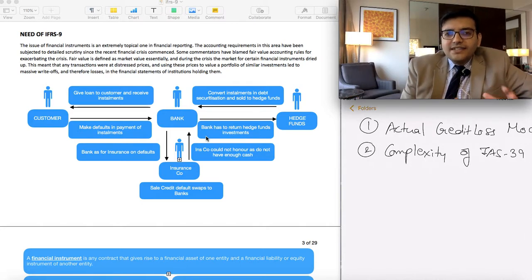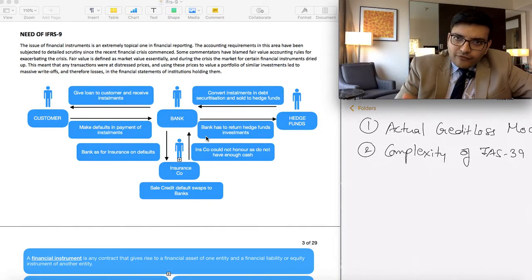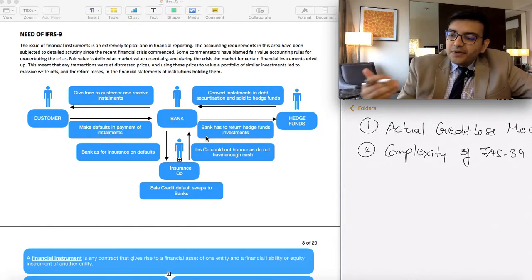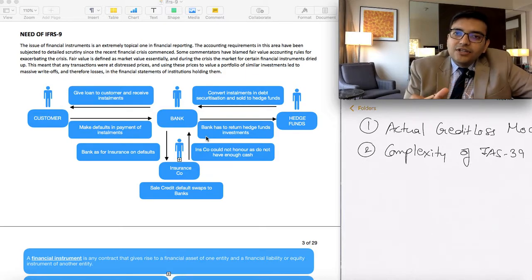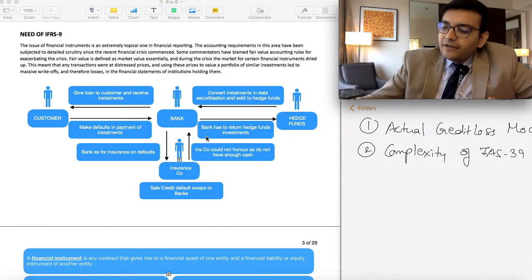Number one, this. Second was the complexity of IAS 39. When we move forward in the upcoming lectures, we'll compare it with IAS 39. There are a lot of things where IAS 39 was a rule based concept, it was not a principle based concept. It was rule based, where it is written, suppose in case of hedging, if we talk about it, they say if there is